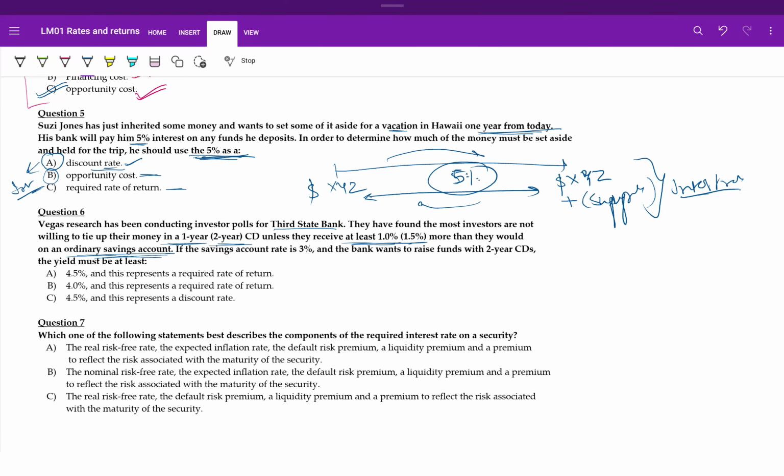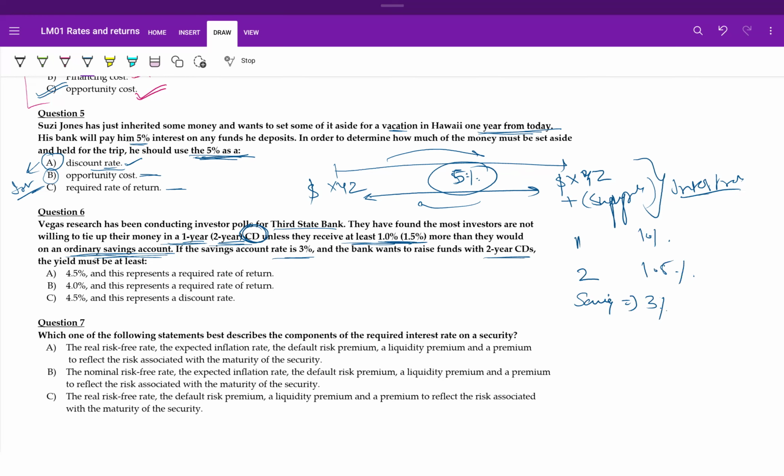So now understand the context here. Certificates of deposit are a special type of investment vehicle. Investors want 1 to 1.5% more for 1 to 2 year terms. For 1 year, they want 1% more, and for 2 years, they want 1.5% more than an ordinary savings bank account. So if the savings account interest rate is 3% and the bank wants to raise funds with 2 year CDs,